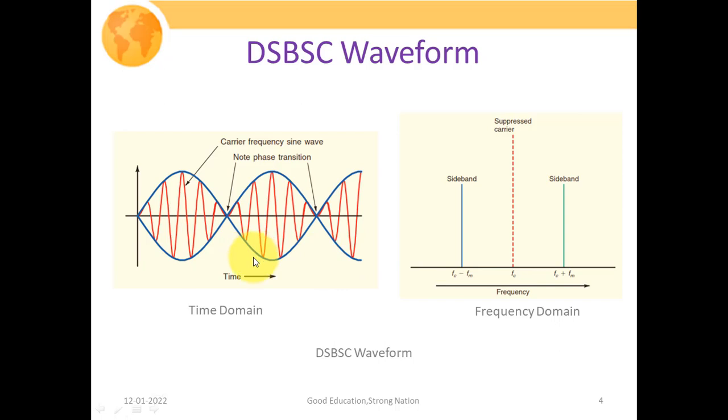This particular envelope is showing your over modulation case, and this is the frequency domain representation of your DSB-SC signal. That is, we have this upper sideband, which is shown by this green color. That is your Fc plus Fm. This is your upper sideband, and this is your lower sideband, Fc minus Fm. This blue color is showing the lower sideband, and we have shown this Fc signal with this dotted line since it is absent in your DSB-SC signal.